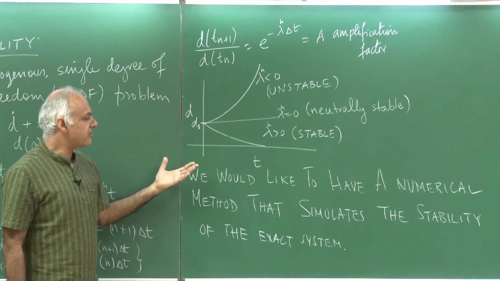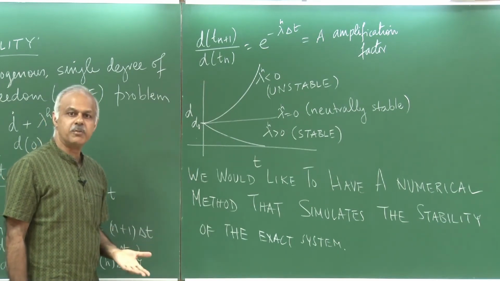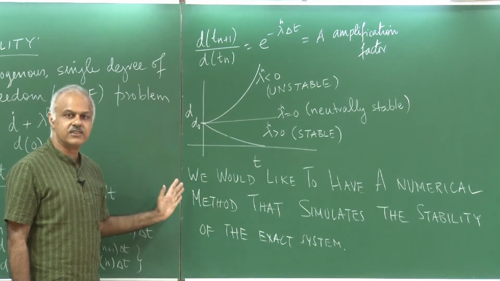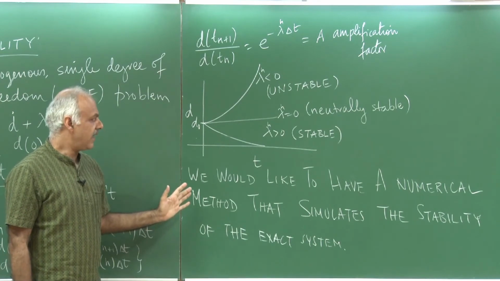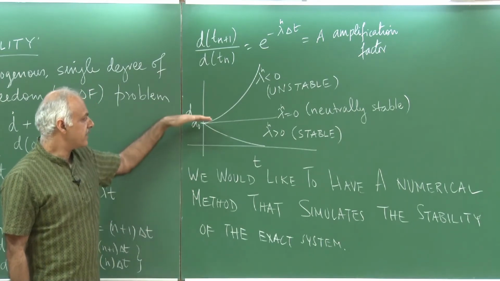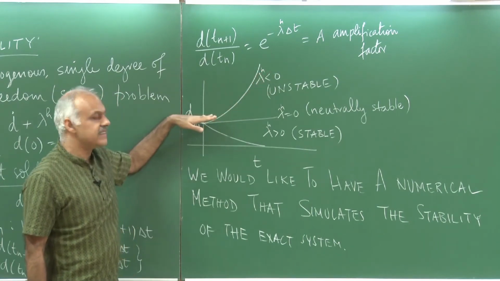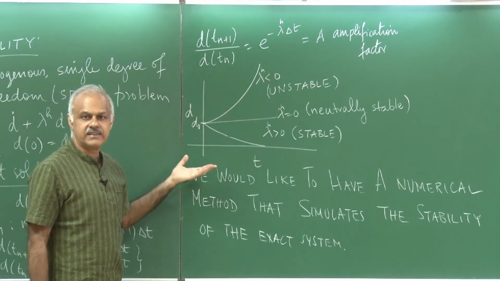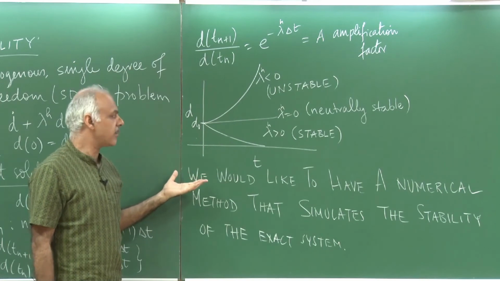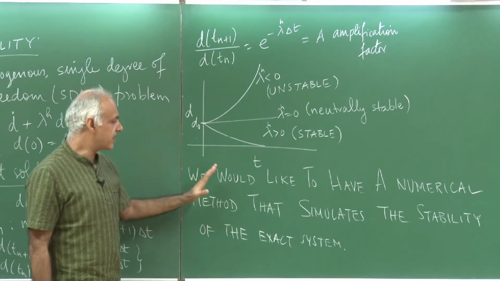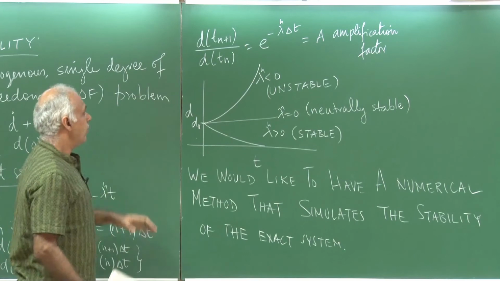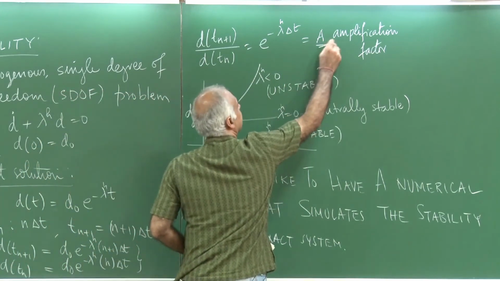There is an issue of accuracy that we are going to address separately. So, we are first looking at the issue of stability, and then whether with time we are able to actually track exactly the same growth is yet another question. That is the concept of accuracy, but right now we are only worried about stability. What about this amplification factor?